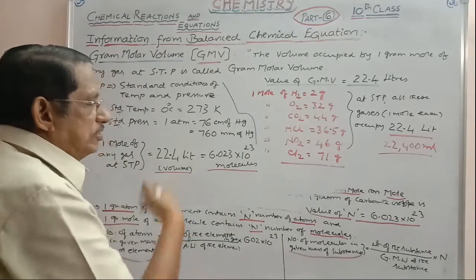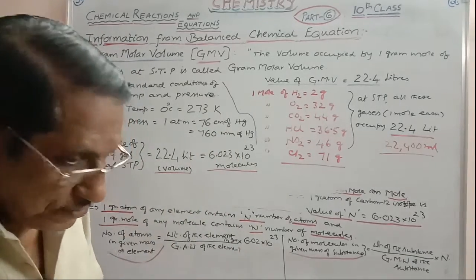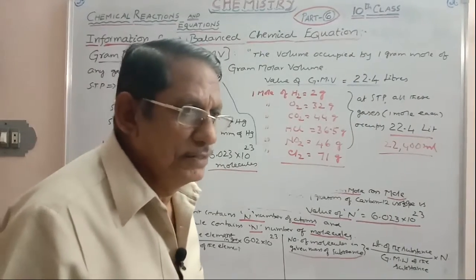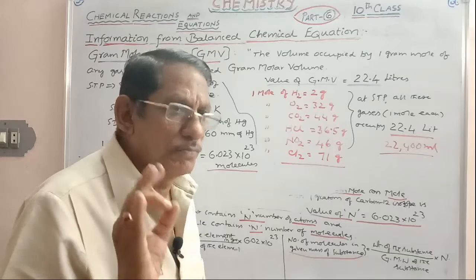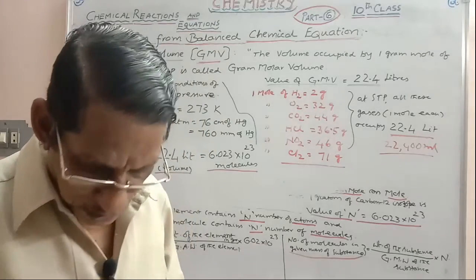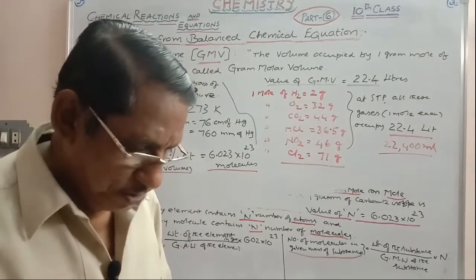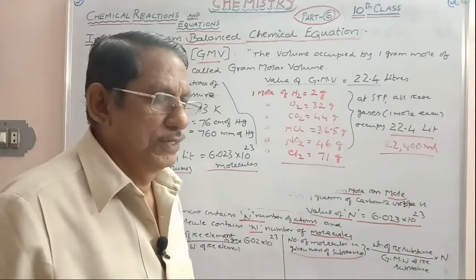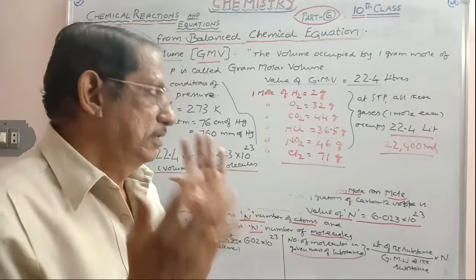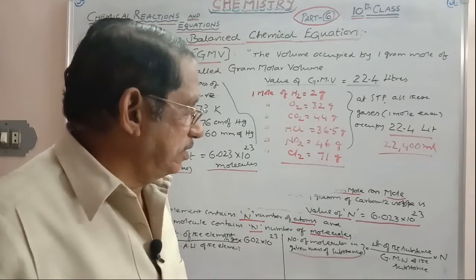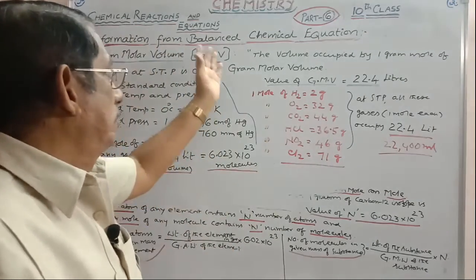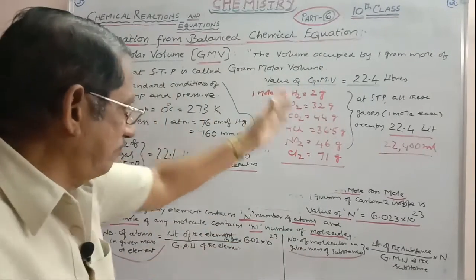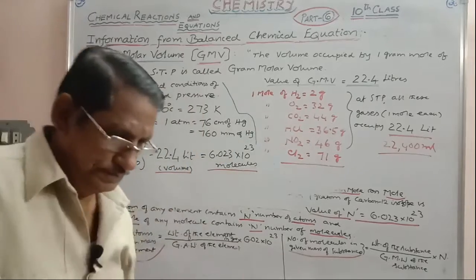All this information you can get easily from a balanced chemical equation, provided you understand it properly. Because you have to extract the meaning of a fully balanced chemical equation. You can express the unit relationship. We will consider the examples. Actually, we are entering into the balanced chemical equation. Prior to that, you must know all these factors. Okay, please note it.